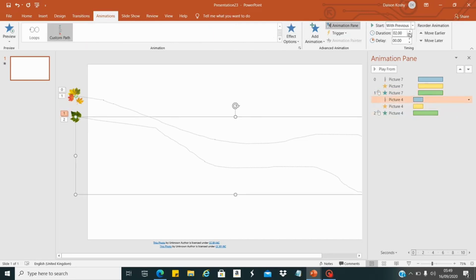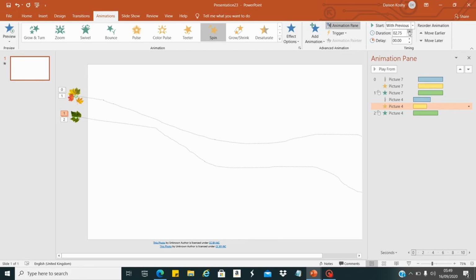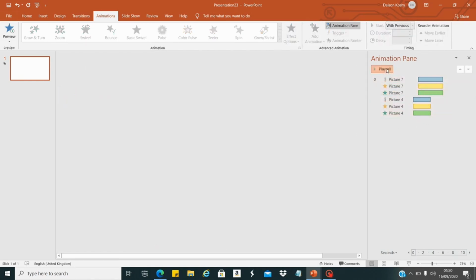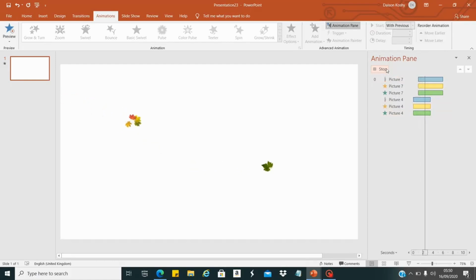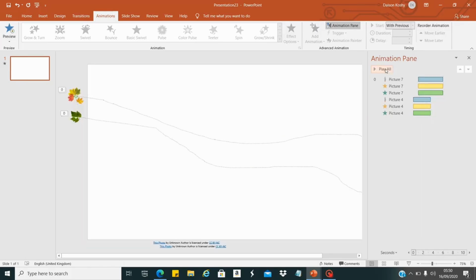Then we will select picture 4 and make it 3.5, the second also 3.5. Make it with previous, and there is no delay for the second picture. Now we will play all. So you can see now our picture is ready.